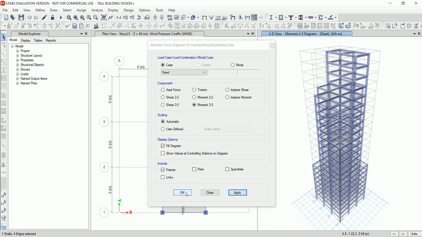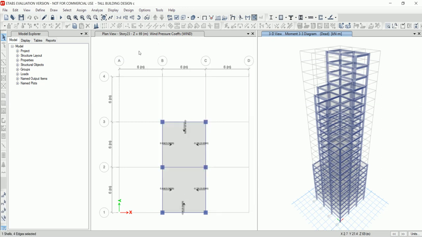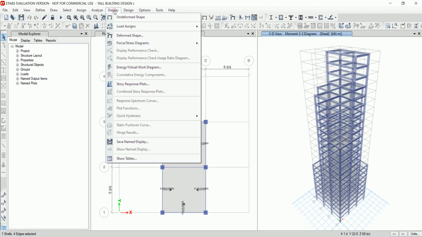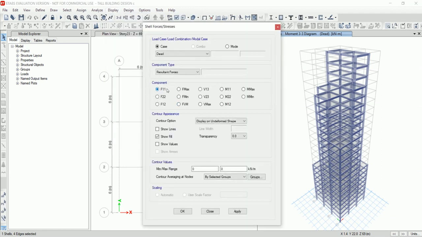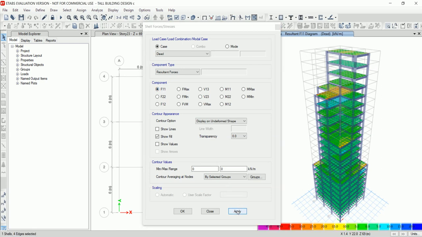Then click on OK. Now go to display. Click on force stress diagram and select shell stresses or forces and make sure that the component is F11 and click on apply. Then click on OK.